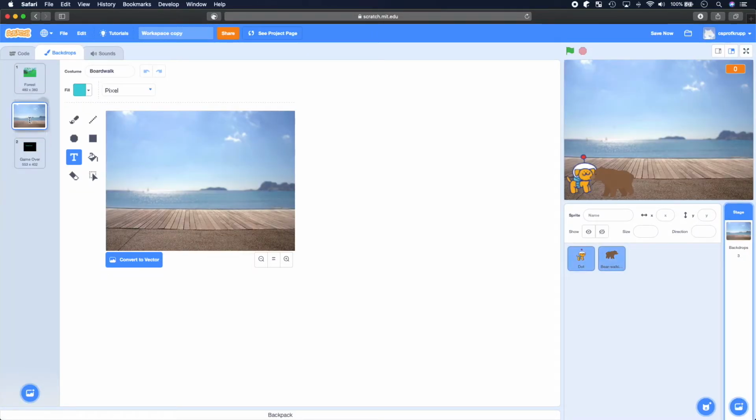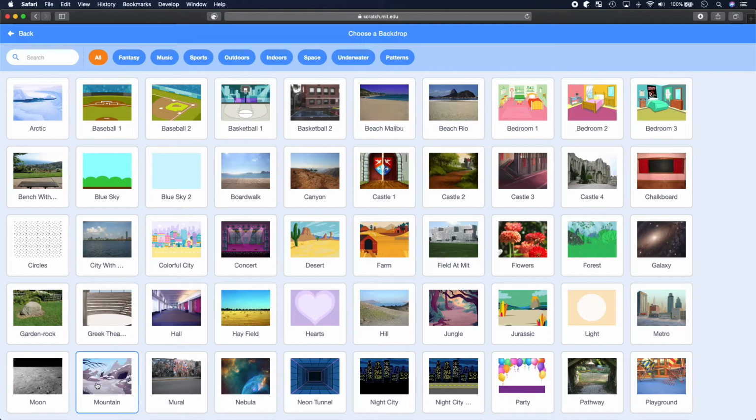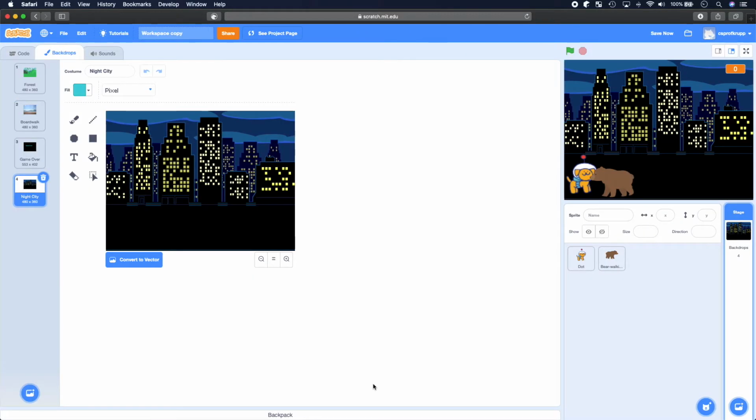Now I'm just going to rearrange these so they have a logical flow. So we start in a forest, we go to the boardwalk. I'm going to choose another one. Maybe once we go by the boardwalk, we get to a city. Well, that looks like we'd be walking on the water there. We got a night city here. I'm going to go ahead and pick that. And then over in the code here for the backdrops,